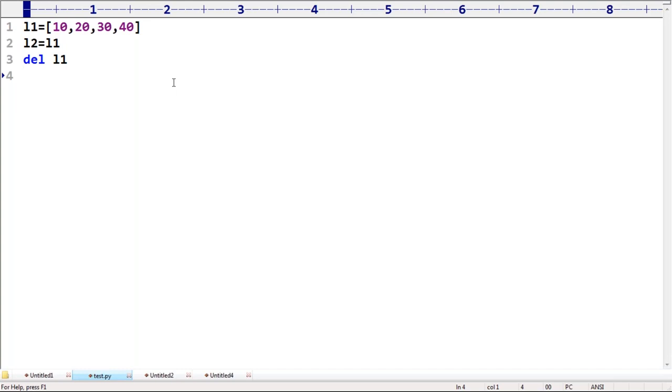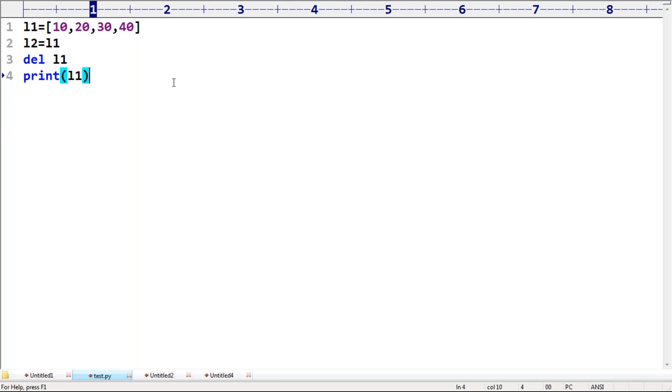Now, is the list object available or not available? Available, man. Only the L1 reference variable is gone.